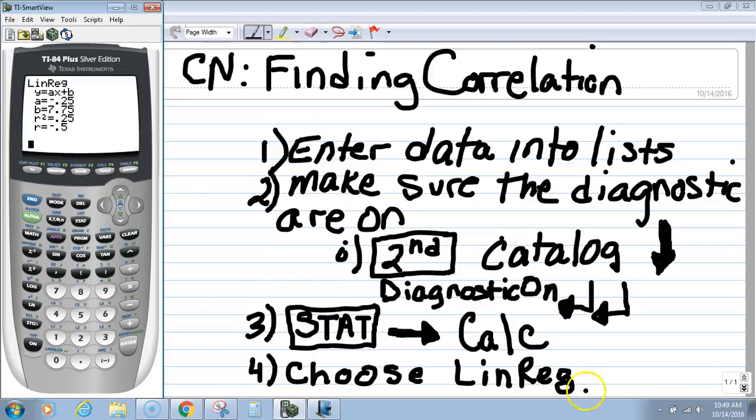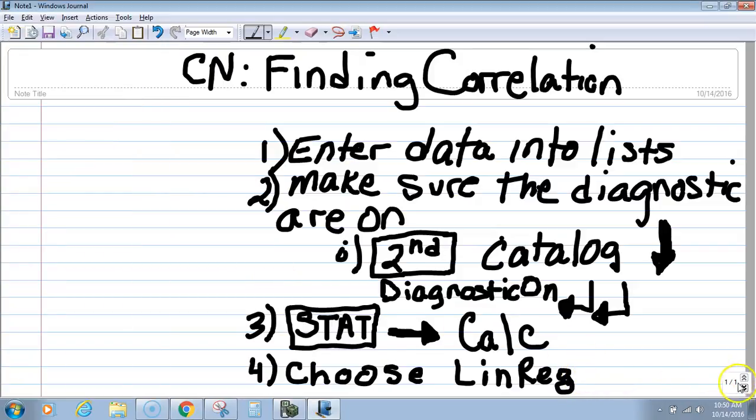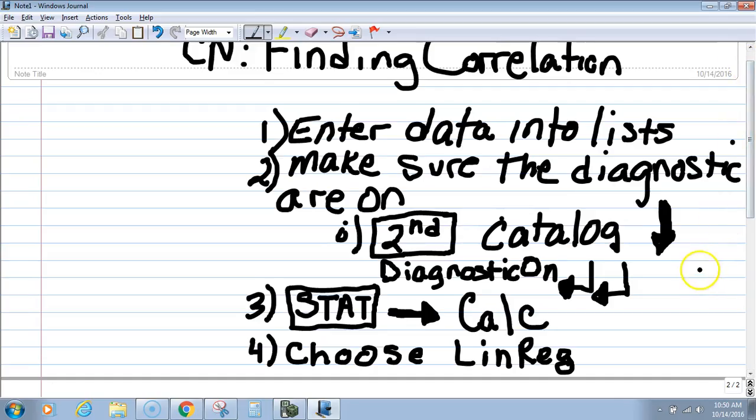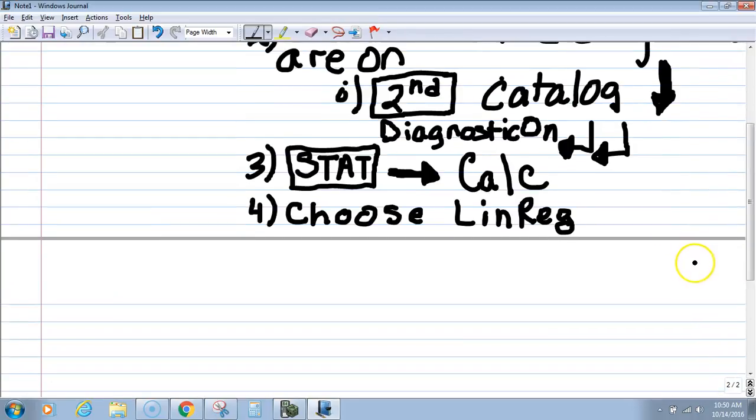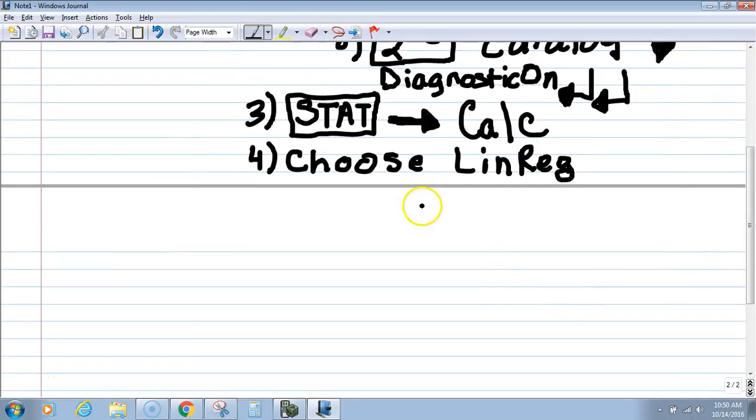So let's go back to our notes and put in what we just did. Okay, so choose linear regression, and then 5, make sure, well, let's not say make sure. Let's say, okay, choose